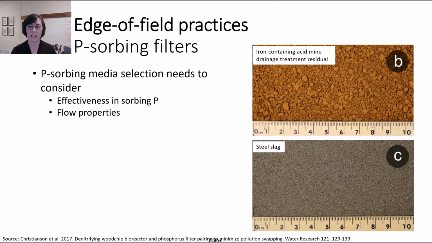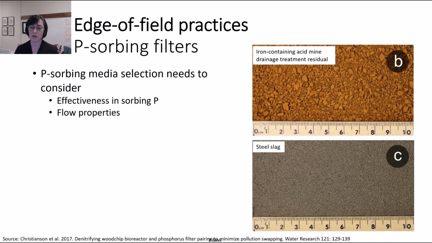One important trade-off from the engineering side is that because this is a chemical reaction that has to do with available surface area of the particles, you might think that you want for your media a really, really small particle size, like something like a powder. Powders have really high surface area because the particle sizes are so small. However, you still need to be able to get water through the media. And so there's a trade-off of having small media where you have a sufficient surface area, but not having media so small that you can't force water through it.